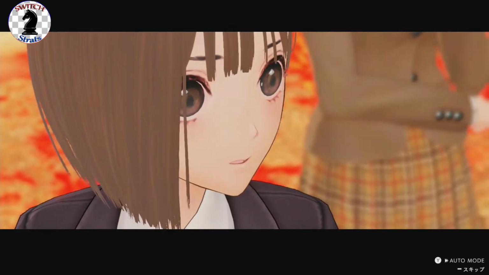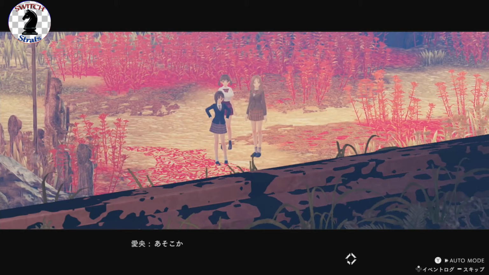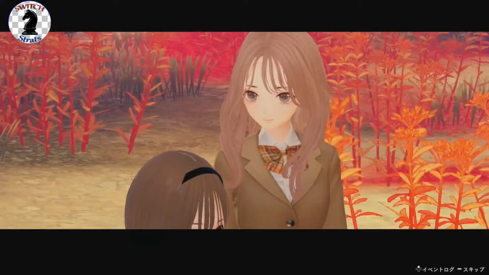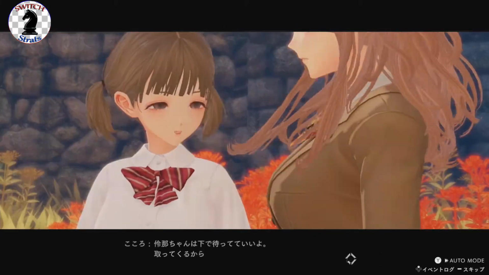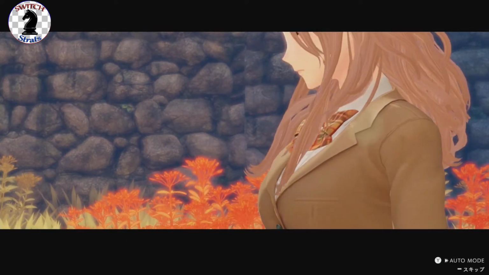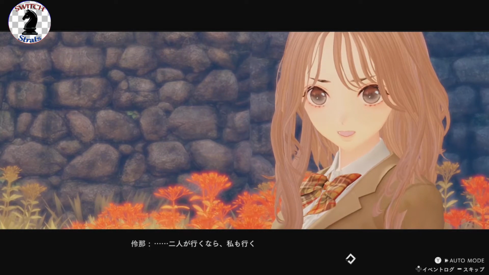Ooh. Oh, あそこか まさか登るつも so inside the building? Wanna climb up there? りやめなって落ちたら危ないじゃない Yep, your falls レ will ナ be ちゃん really は下 dangerous. で待ってていいよ取ってくるから 二人が行くなら私も行く